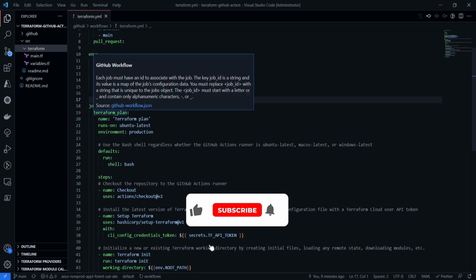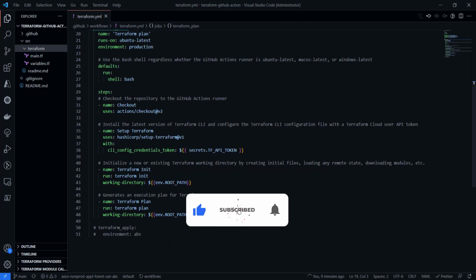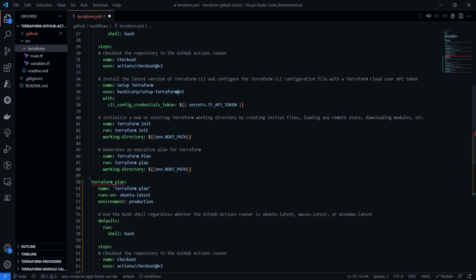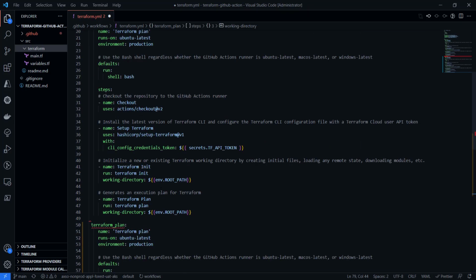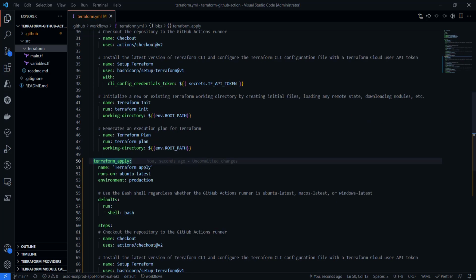For the next stage, I would like to copy the same stage and simply paste it here. I would like to call it apply. If I commit the change and run both stages as is, these stages are going to run in parallel, whereas we would like to run these stages sequentially because we want to run first plan and then apply. If plan fails, we don't want to run our apply section.